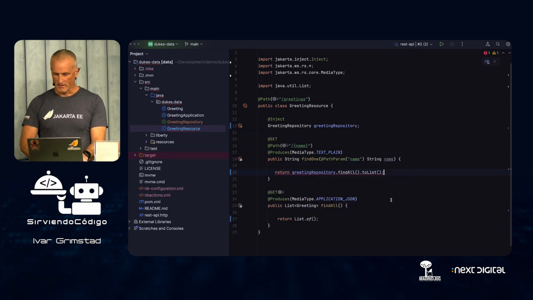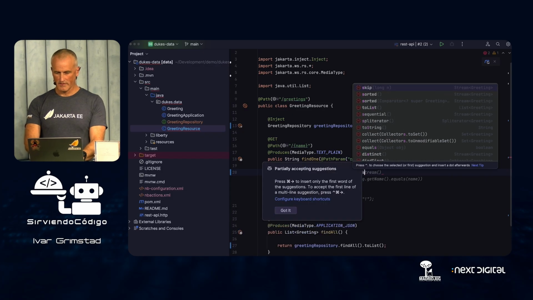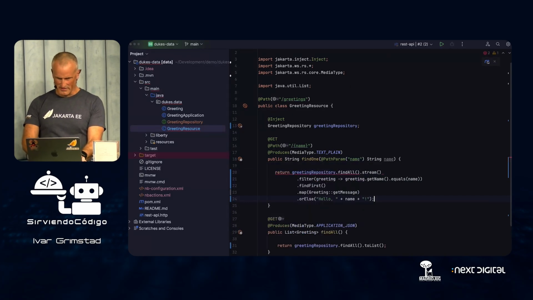I think I have some GitHub Copilot or something activated, because it's just... no, wait a second. This is not the findAll. I want to do this findAll here. There you go. So in this one I want to do, let's see, I'll just do the filter, find the first one.